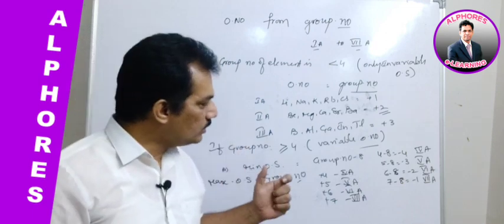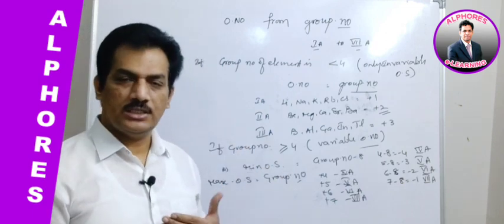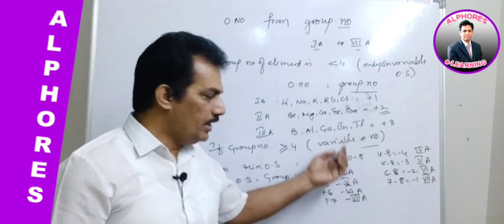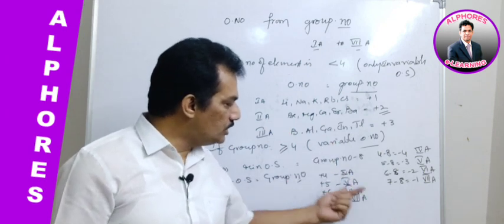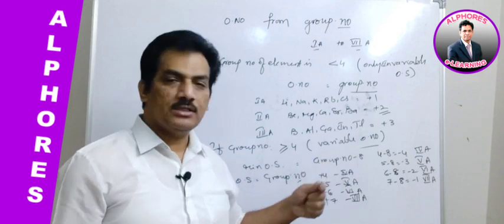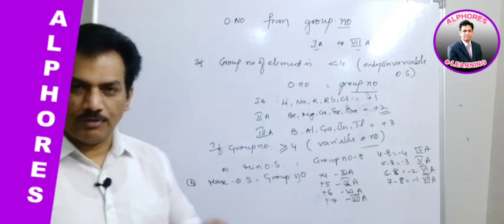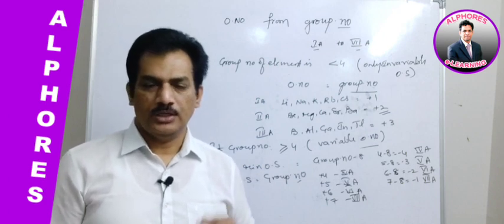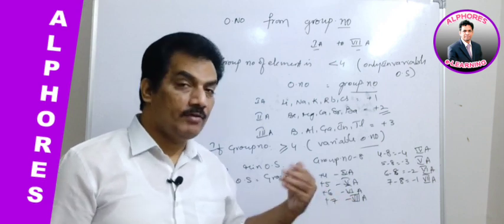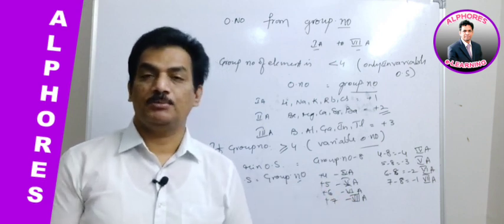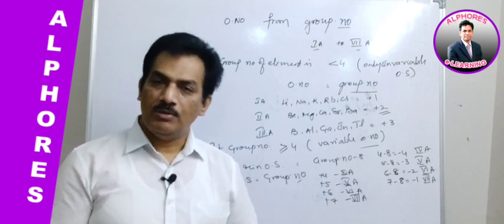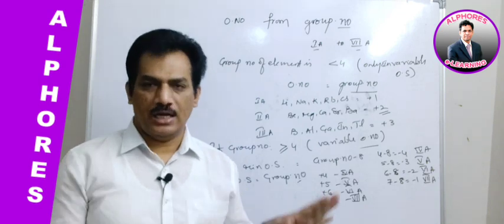Now we have to cover in this session different exceptional cases where we can find exceptions in these group regular variations, and we have to find a few elements which are present frequently in our regular example compounds. We have to consider their variation and their different possible oxidation states. All these we have to discuss, and thereafter the D block elements and F block elements general idea.